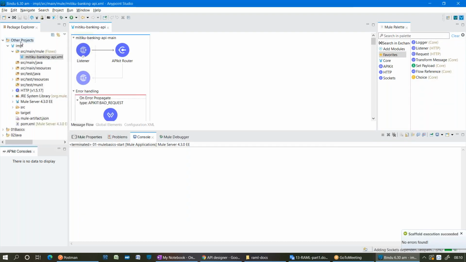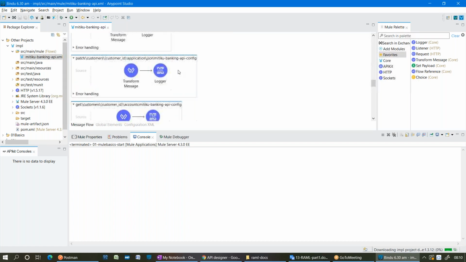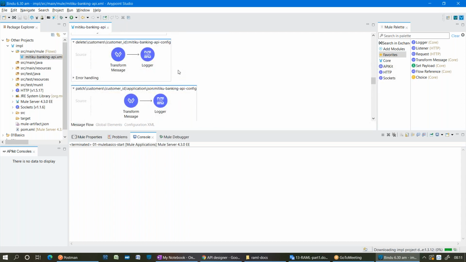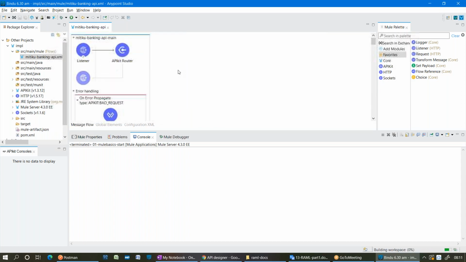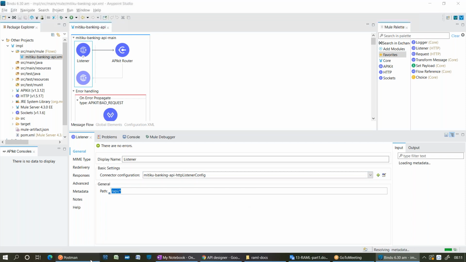Now we can see under the project, one RAML file got created and one XML got created. So basically the flows got created, you can see here. For each and every method and resource combination, flows got created. One main flow got created. What is the main flow? Listener. Since your applications are REST APIs, what is the protocol we use? HTTP protocol, right? So in order to listen for the HTTP request, the HTTP listener is here. That HTTP listener is pointing to, what is the path? /api/*. Okay, let me write here.